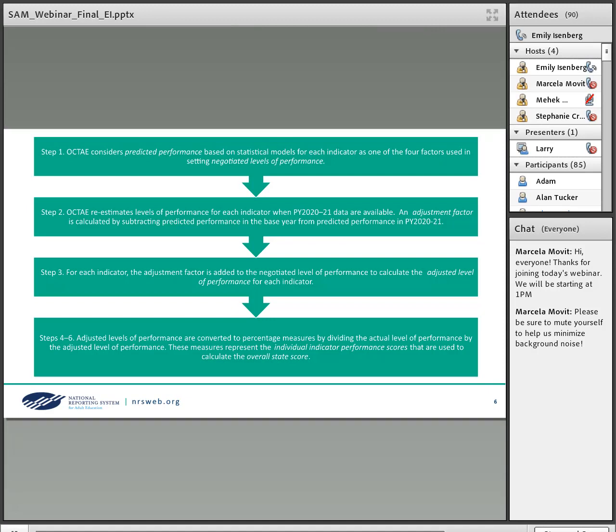The adjustment factor essentially accounts for any changes in participant characteristics or economic conditions between when targets were negotiated and program year 2020-21. The adjustment factor is shown as step number 2 on this slide.